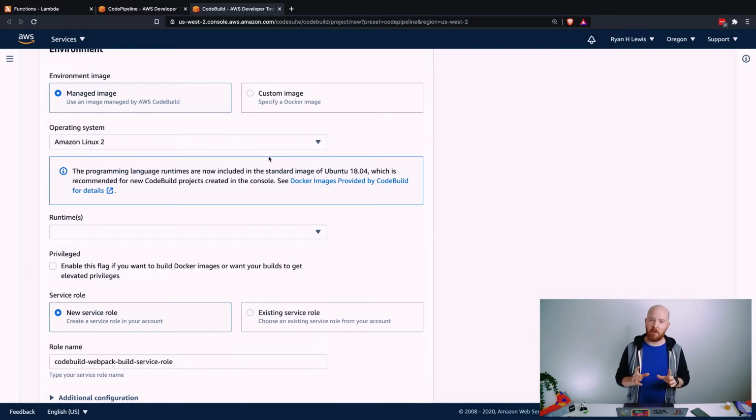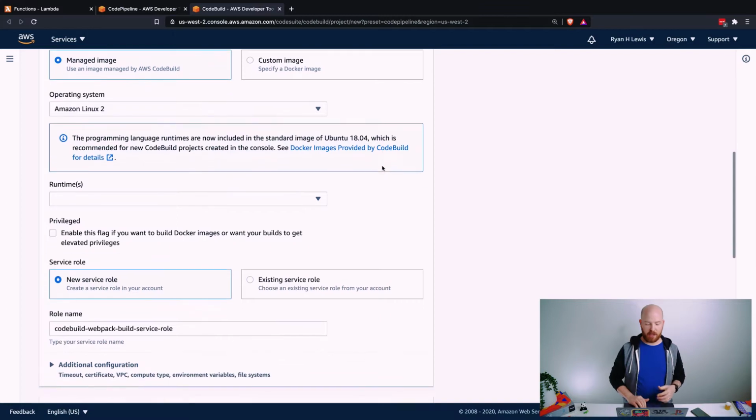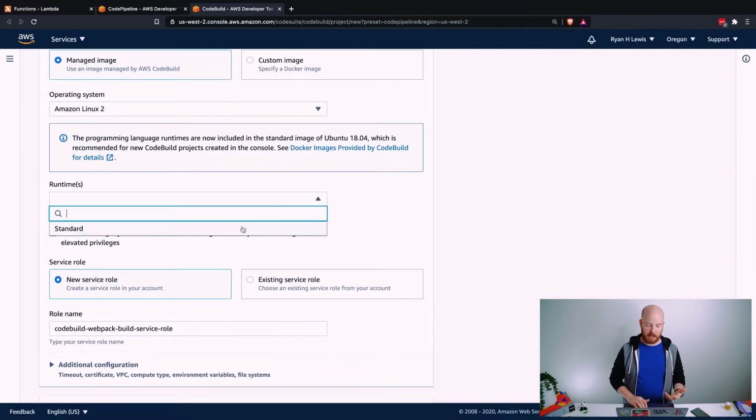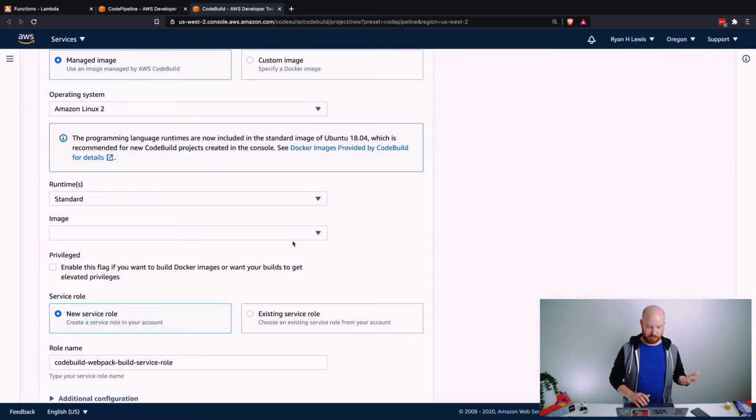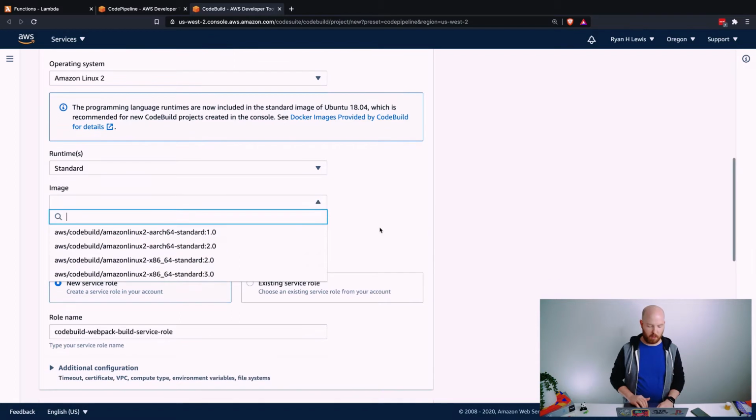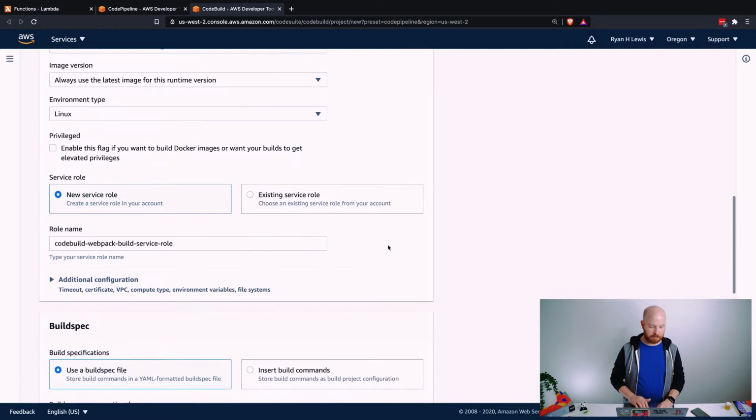So when you think about Code Build, it's sort of like a mini container, or it's a mini EC2 instance where you're actually running stuff. So you can define which operating system you want, and then the runtime, the image that you want. So in this case, we'll just use Amazon Linux 2.